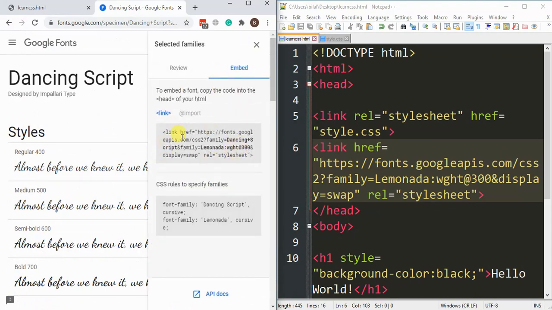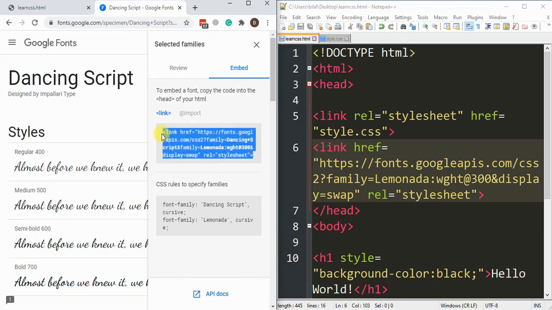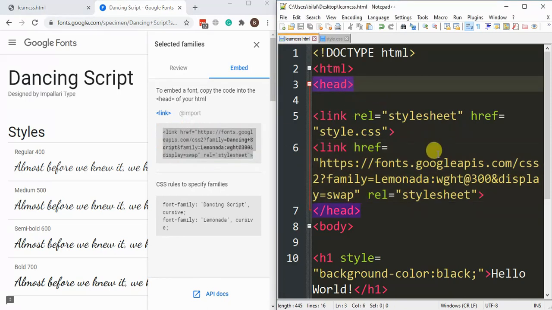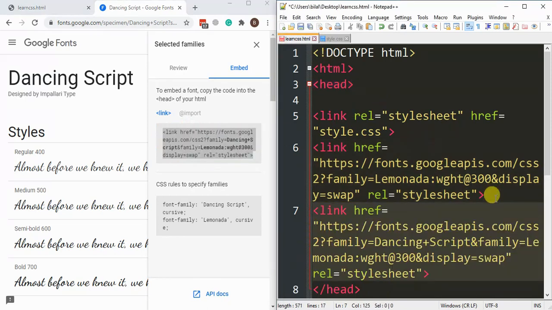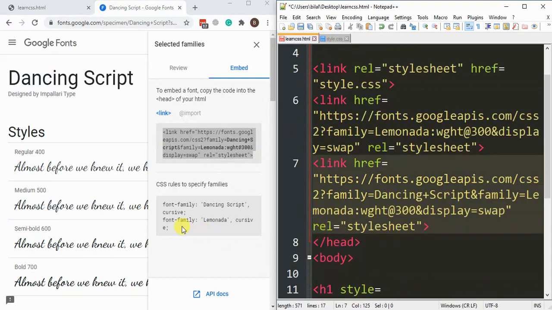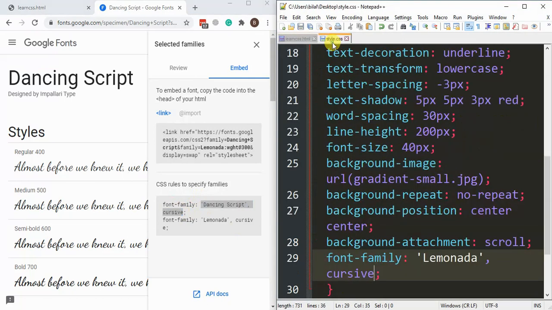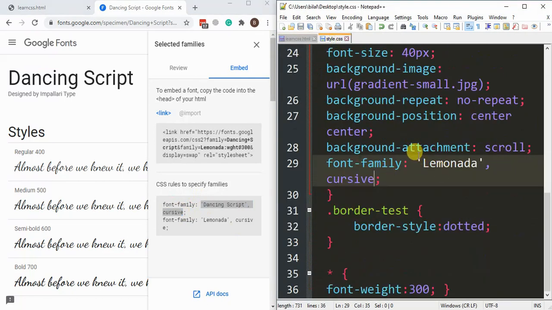Here's the file to embed. Just copy the file here. Here's your header, embed it here, and then that's the font family value. Just copy the value, paste it on your CSS file here,